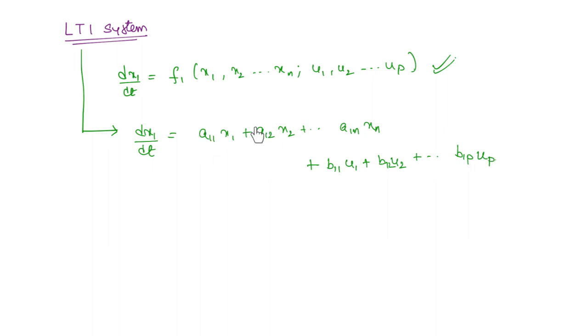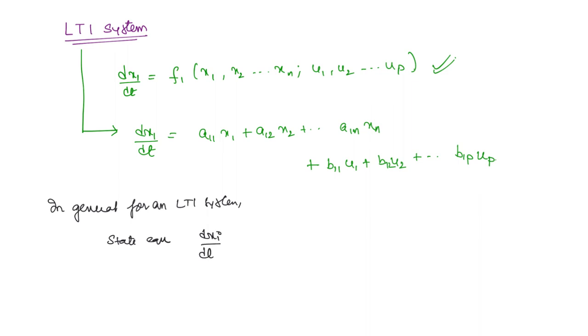So these are all constants here: a11, b11, b1p, these are all constants. Why? Because this is an LTI system. An LTI system can be represented in this manner. So in general, for an LTI system, the state equation can be written as